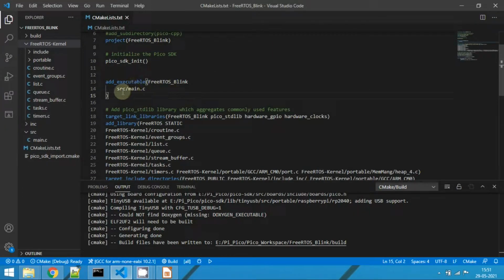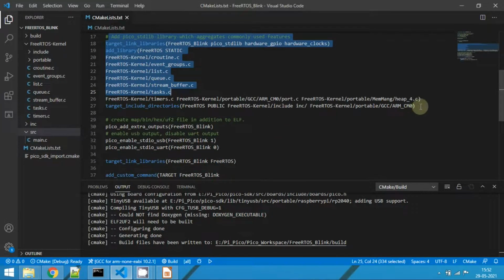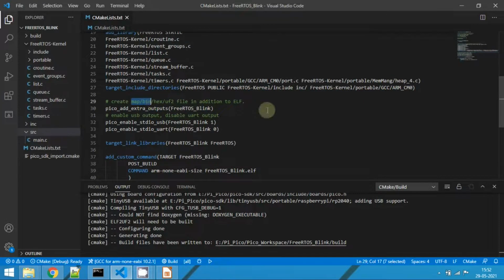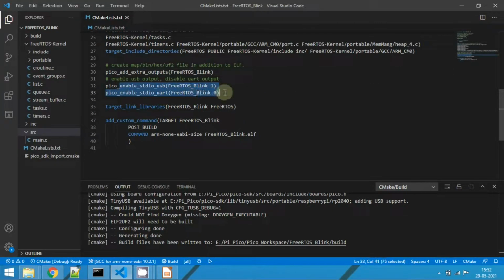Then I have added a source file, currently the main.c file from the src folder. After the main, I have added the FreeRTOS kernel files, and I have also added the include folders. Then we are generating the map or bin files to load onto the Raspberry Pi Pico, and we have enabled the UART, and then we have linked the target libraries.